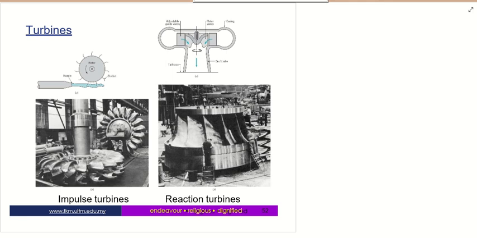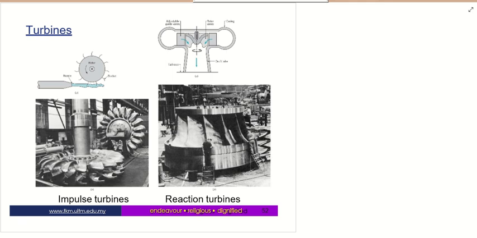As you can see in this figure, there are two common types of turbine: the first one is the impulse turbine, and the second one is the reaction turbine. But before that, before I forget,